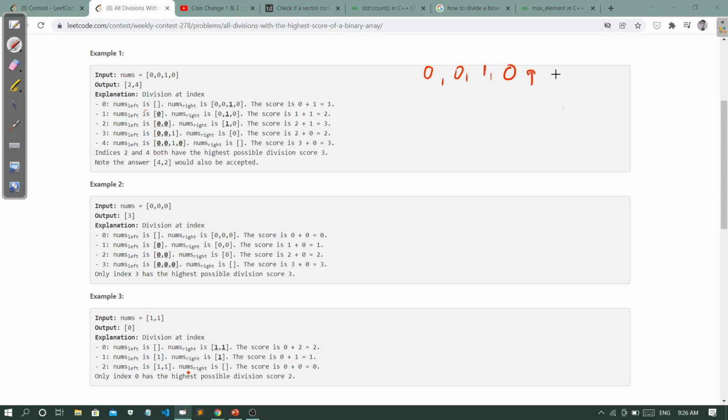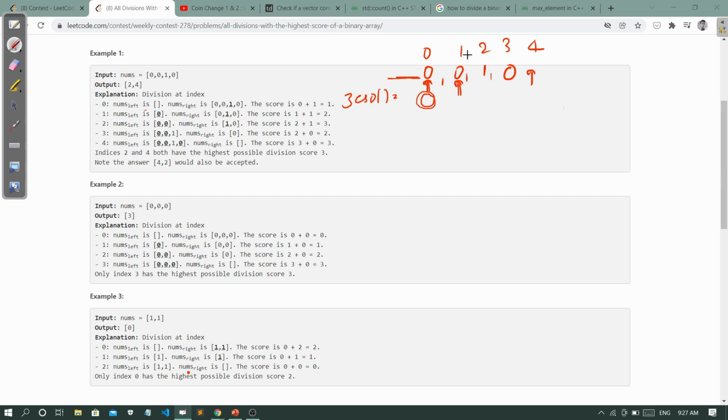So the occurrence of zeros, if I take the zeros occurrence array, then if we are at this index, we check this portion. It means that at index 0 there is no left element. So at index 0 there is no element, so there are no zeros in the left of this portion. And if I consider these indices, 0 1 2 3 4, this is the index.